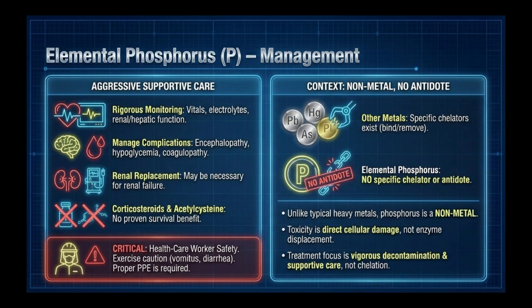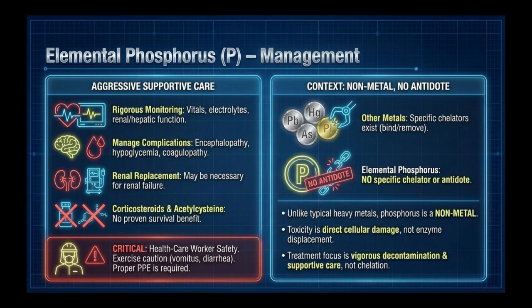Rigorous monitoring of vital signs, electrolytes, potassium, calcium, phosphate, and renal and hepatic function is essential for supportive care. Complications such as encephalopathy, hypoglycemia, and coagulopathy related to hepatotoxicity should be managed conventionally. Renal failure may necessitate renal replacement therapy. Corticosteroids have not shown benefit, and acetylcysteine, while postulated to limit oxidant injury, has not demonstrated a survival benefit in